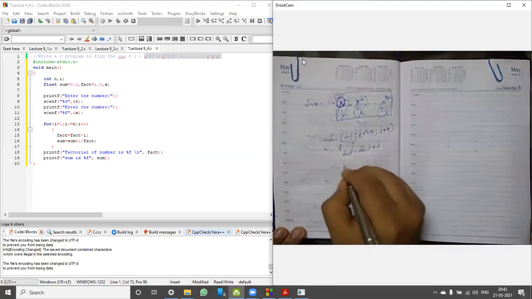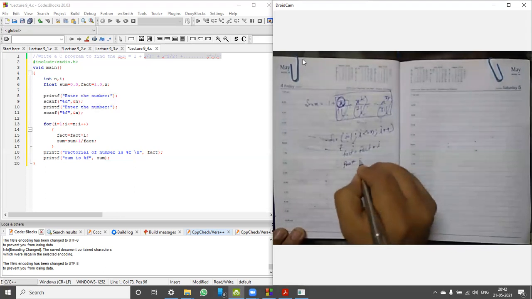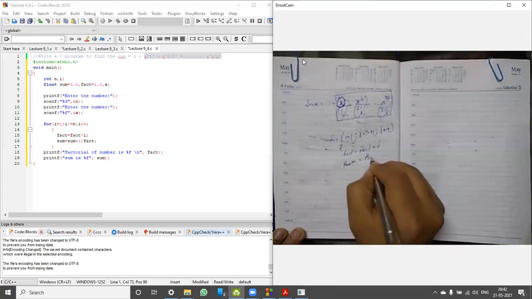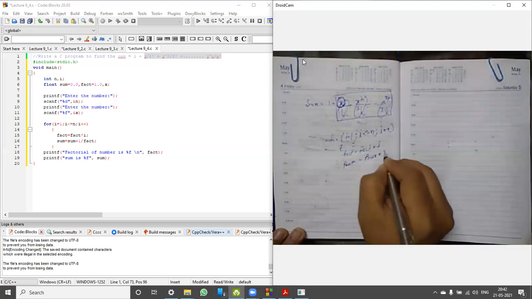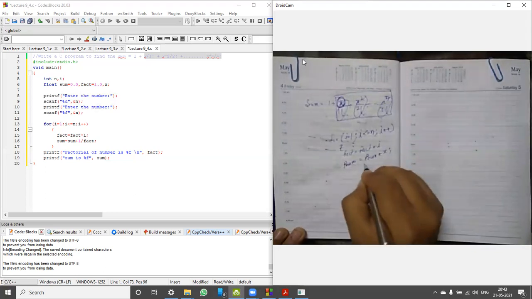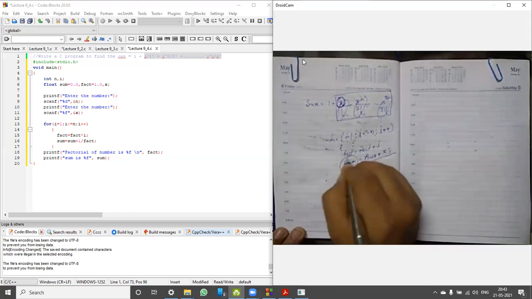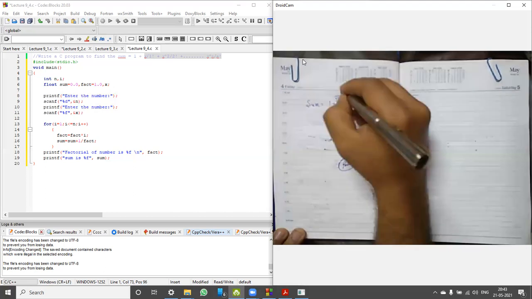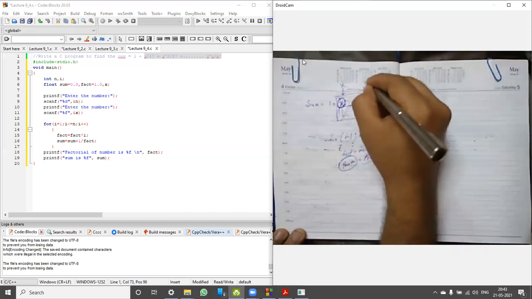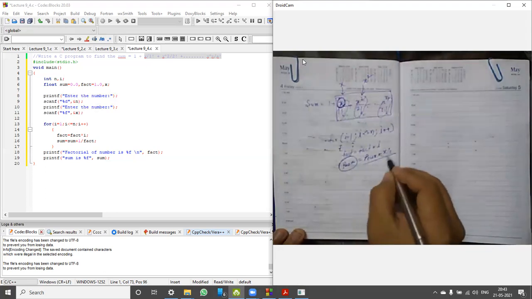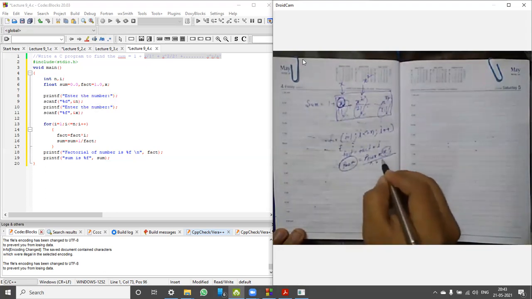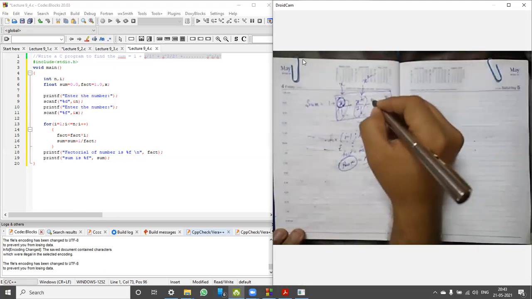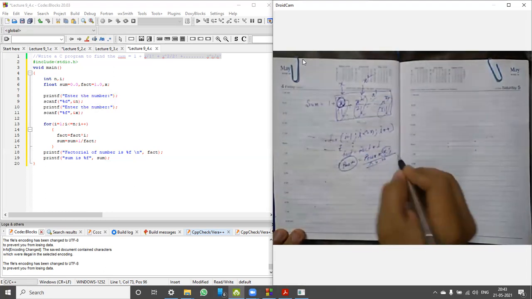Now, I'm using another variable which is known as pwox. pwox multiply x. In every iteration, I'm using this variable. At first iteration, it is x. In second iteration, it is x square, because X multiplied with x is x square. In third iteration, it is x cube, x square into x, like this.